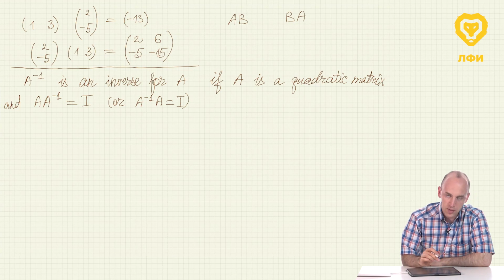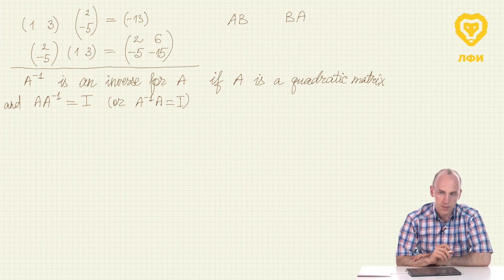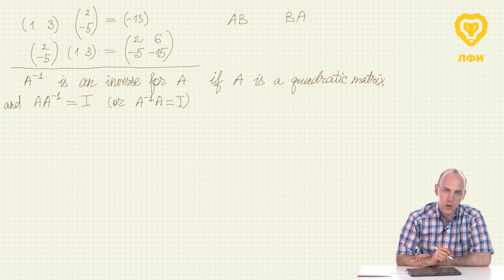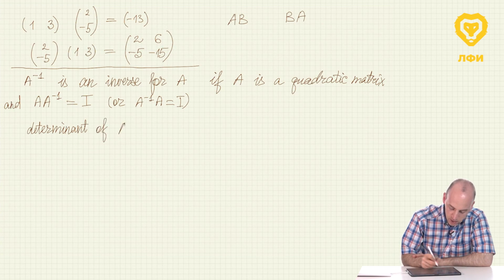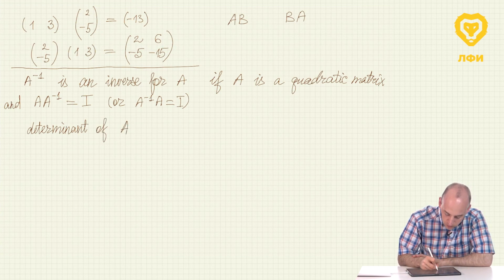Now let us concentrate on 2 by 2 matrices only. So if you're interested, you may do some further reading and try to understand what can be done for matrices of higher dimensions. But now let us consider only 2 by 2 matrices. And there is such a concept, another definition, that a determinant of a matrix, let me write it as